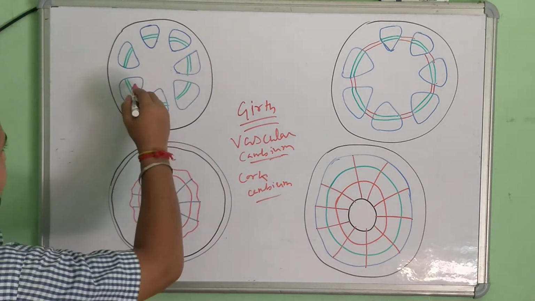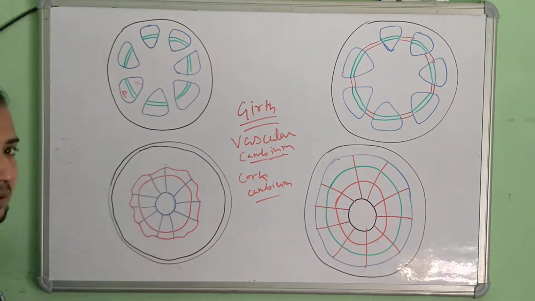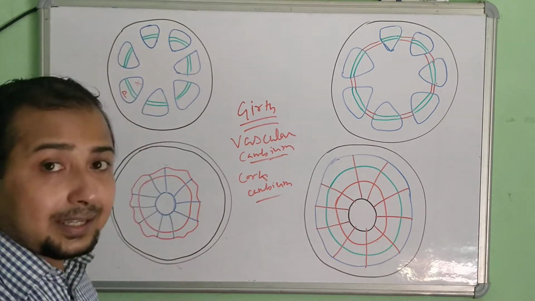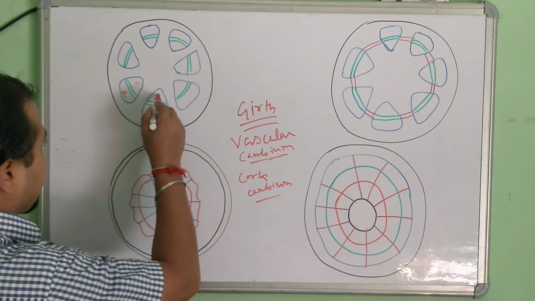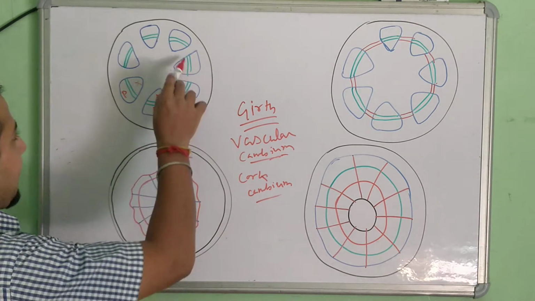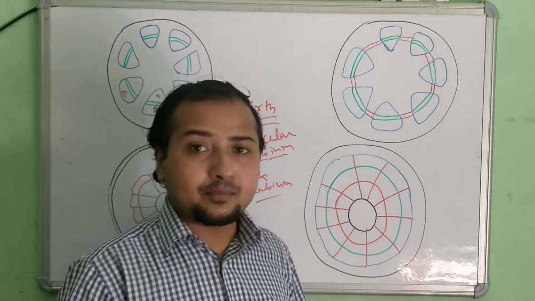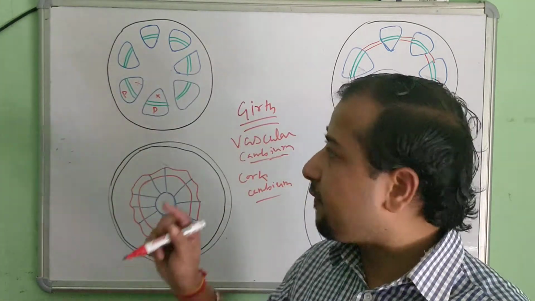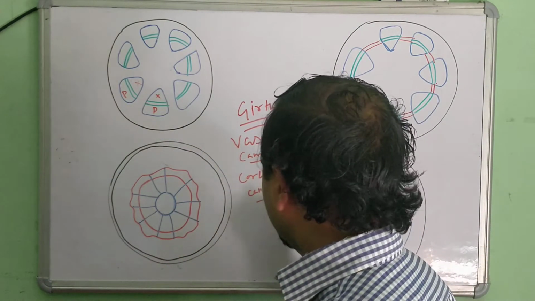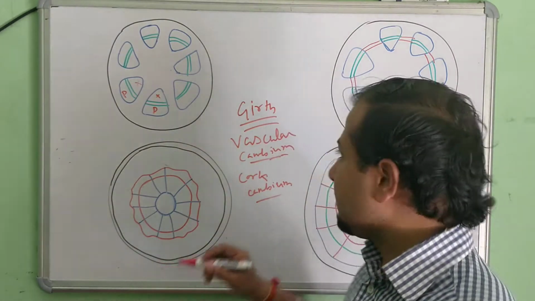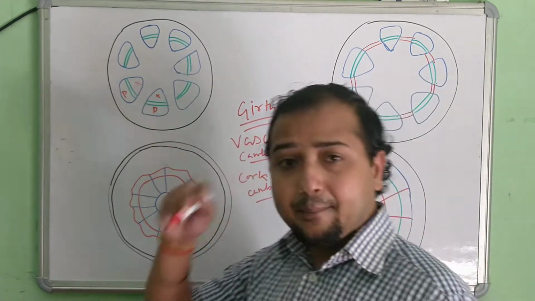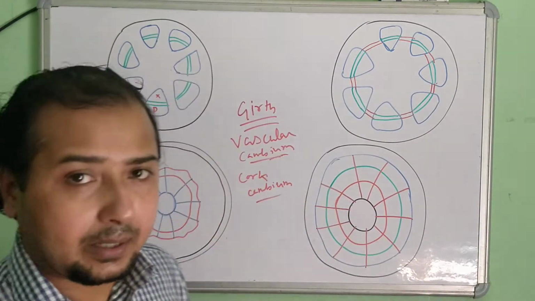So if this is the xylem and this is the phloem part, in between we see the green line. You can see the cambium tissue layering: xylem here, phloem here, and in between we see the cambium lining. These are the cambium tissues which develop in the vascular bundles. Cork cambium we will discuss later on. Let us see the vascular cambium where the cambium is present inside the vascular bundles.